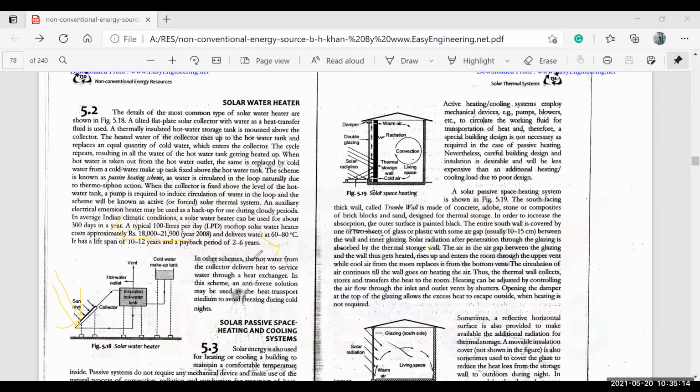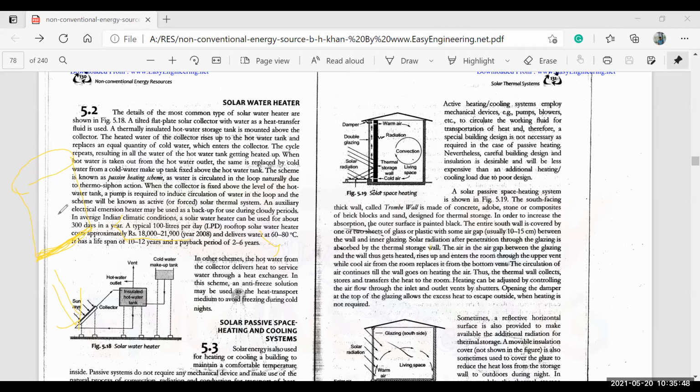What they were making was a very simple thing. Wood was used as a box with a glass cover and a black base as an absorber. The base was blackened to absorb more heat, and it would be concentrating the heat.